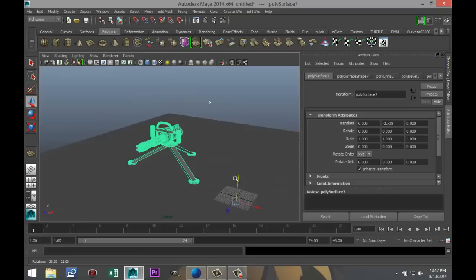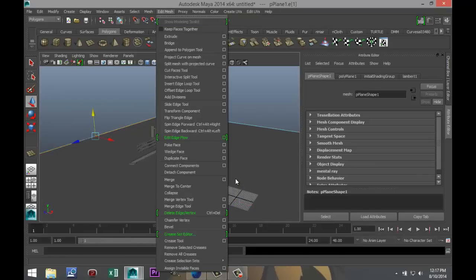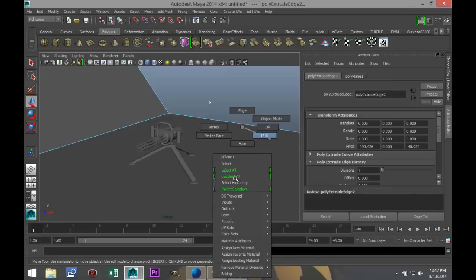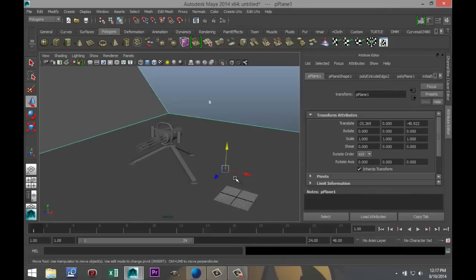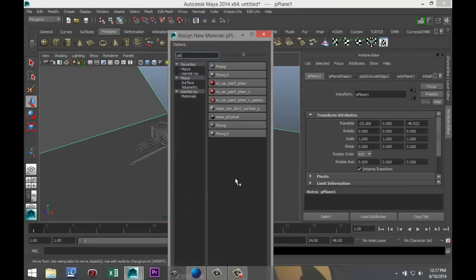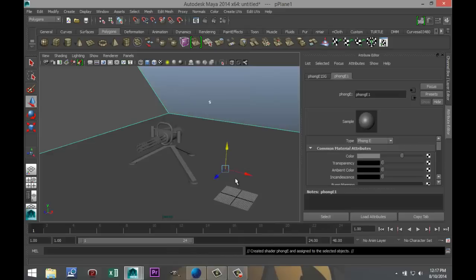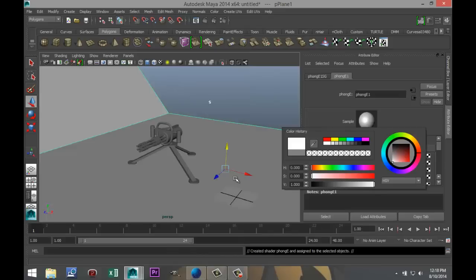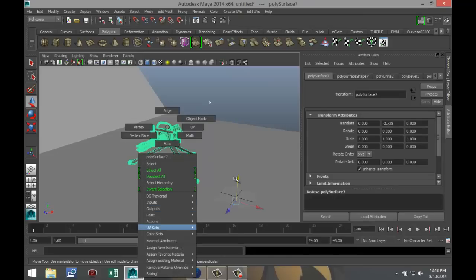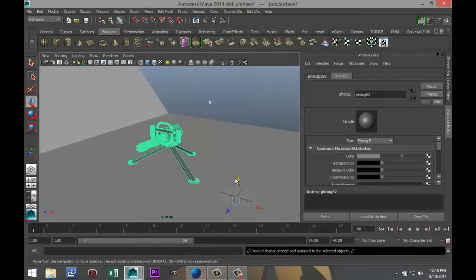Alrighty. Okay, so next we're going to right click, go to edge. We're going to select that edge, edit mesh and extrude. We're going to hit W, pull that out and pull that up. Something like that. Right click on the ground plane, go to object mode, right click, assign new material, Phong E. We're going to make that white. We're going to initially select our entire gun, right click, assign new material, Phong E. We're going to make that